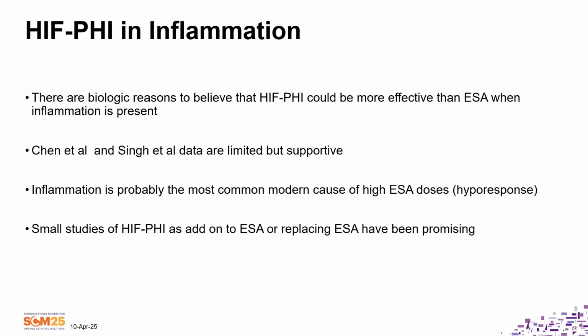But in inflammation, there's certainly great biological reasons why we would have expected before these studies ever started that HIF-PHIs would perform well in people who have inflammation present. We have data that are limited, but they're supportive. Again, I think inflammation probably is the most important current cause of ESA hypo-response. And the studies that we show are promising, and there's tiny studies that show if you take your hyporesponsive